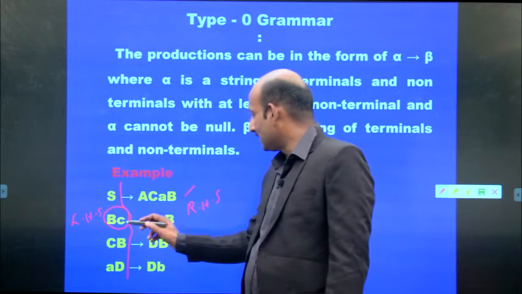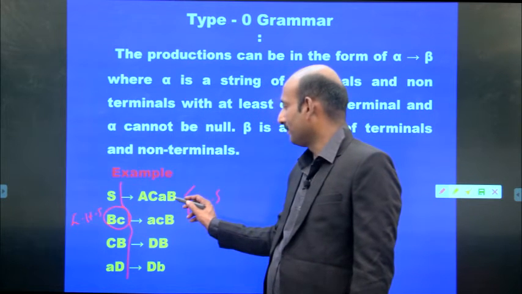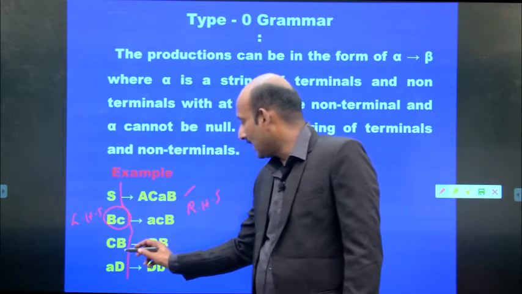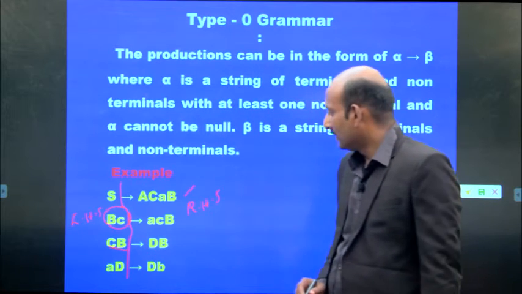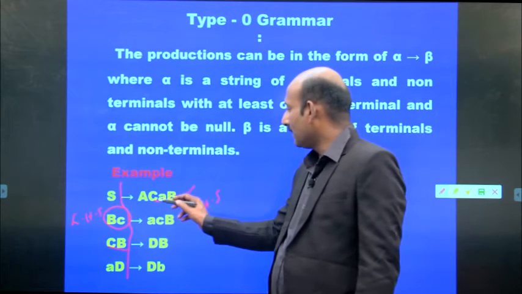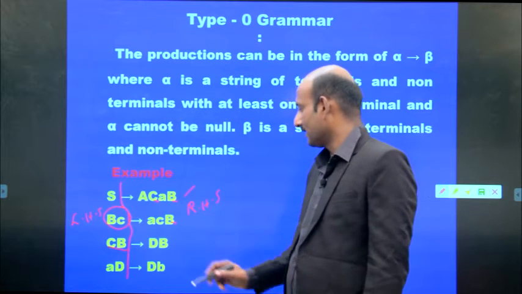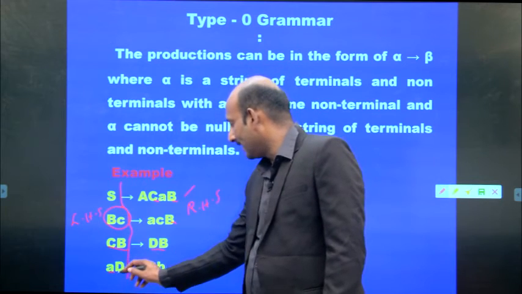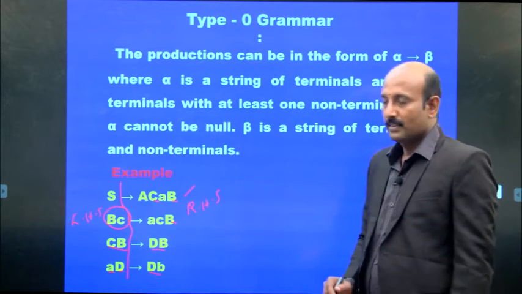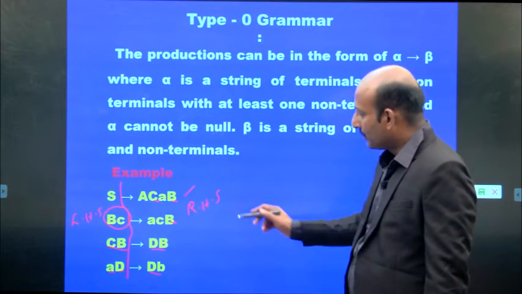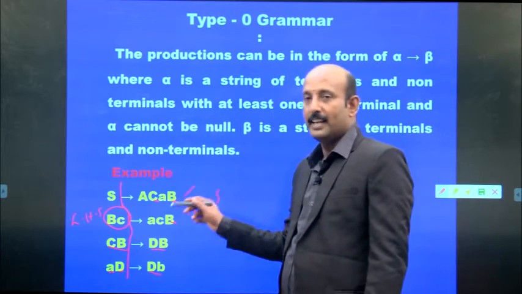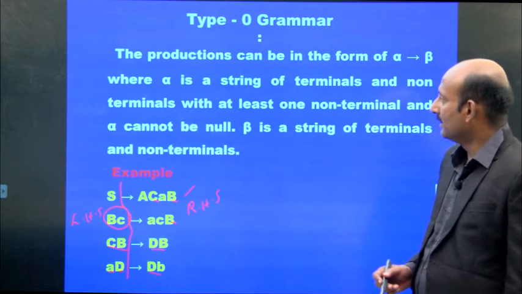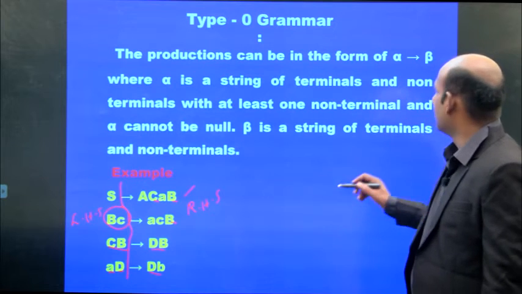So, we may have BC, then here only B is present, so we cannot substitute this one. And next we have CB, so C here and B here. Likewise, B was here. Likewise, DB, then we can go for AD, DB. If we go on applying these things, it will generate more and more strings like that. But it's an enumerable one over the terminals and non-terminals.